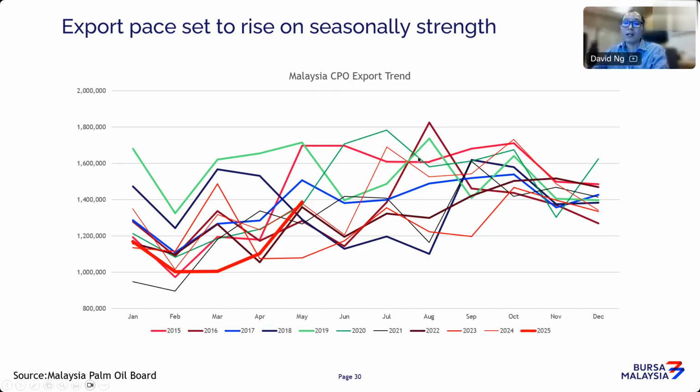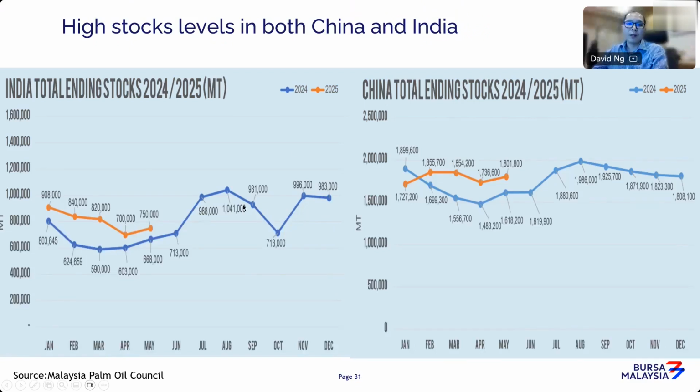So that's another trend you can look at when it comes to export. But other than that, you can't really see a proper or clear pattern as compared to just looking at production or stock levels. Now, India and China, if you're looking at demand perspective, these two are the biggest buyers for Malaysia palm. So obviously, if the economy is doing well, you should see palm oil prices strong because the demand is going to be robust. But if people are looking at recession coming in, that usually will impact palm oil.